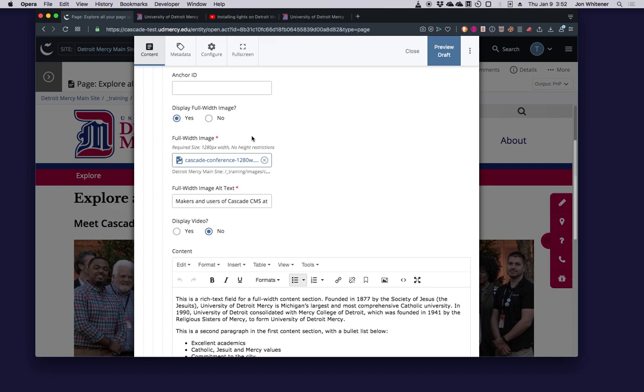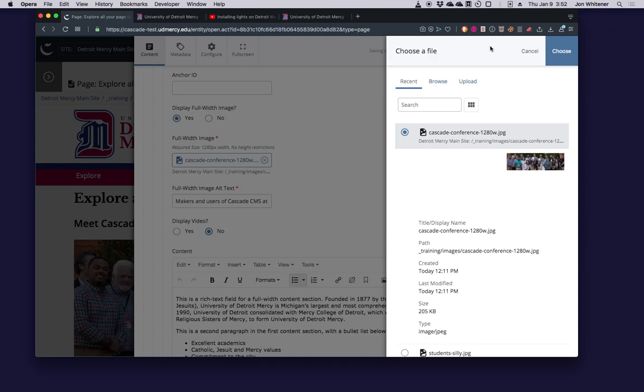There's technical reasons why you really want to make those images the proper size. The height can be variable, but as I said, when you've got these wide full width images, you don't want to fill your entire user's screen with a big honking picture. So this kind of wide, not very tall banner shape works for full width. But anyhow, the hint is right there for you to remember the size of the picture you want to put in here. I'll click there and Cascade will show the choose a file dialog.